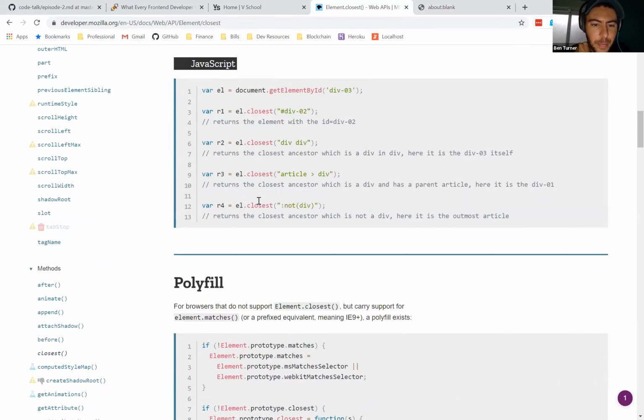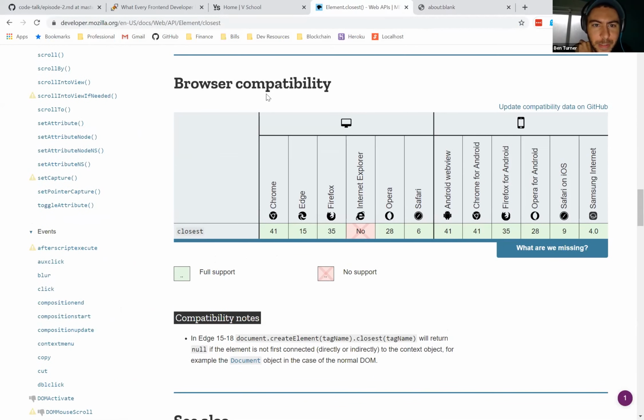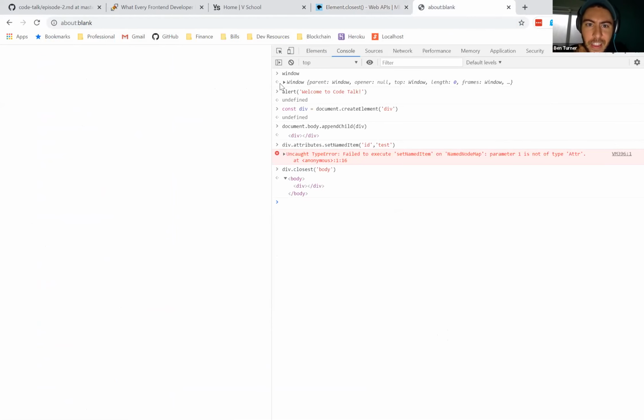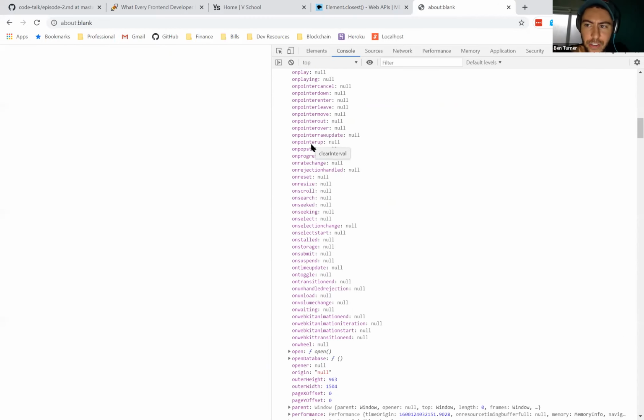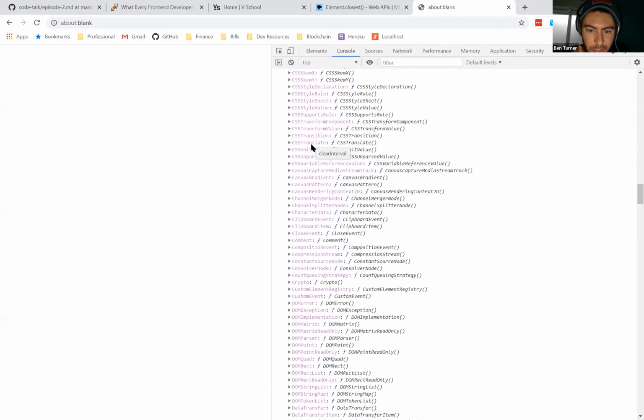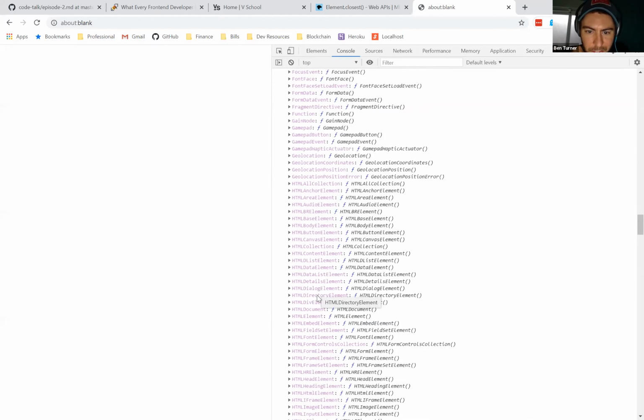It just so happens that if you look at the compatibility, no, there is no .closest function in Internet Explorer. And that is because this window object actually lives in the HTML div element constructor, which is, I don't know, somewhere down here. I don't know where it is. Ah, there it is.